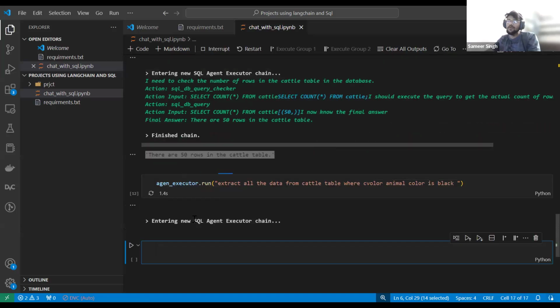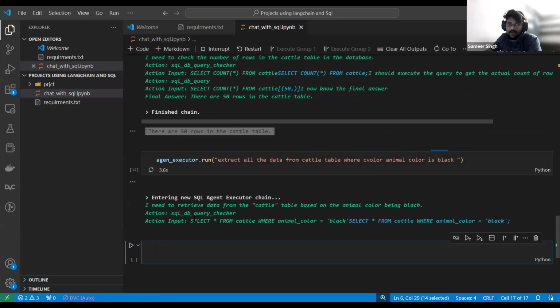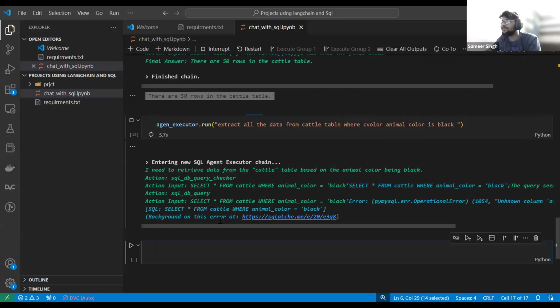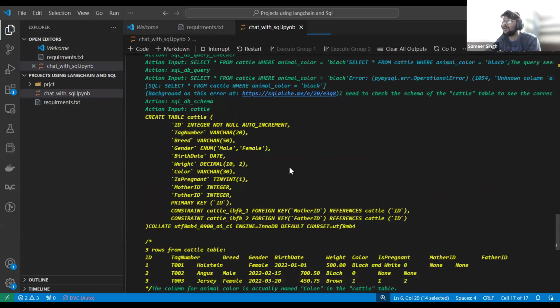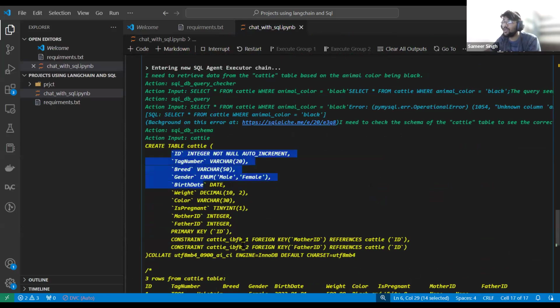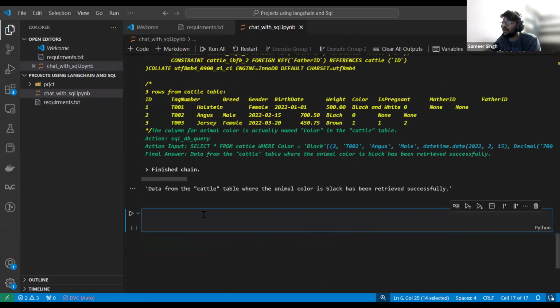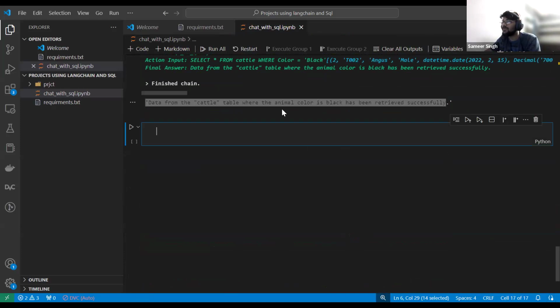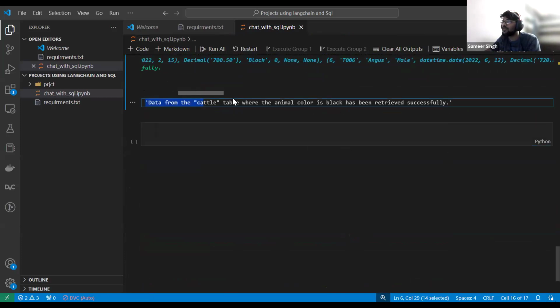Let's see what response we are getting. See, it has written a big query. Now it is saying data from the cattle table where animal color is black has been retrieved successfully, but where it is, I didn't get it actually.